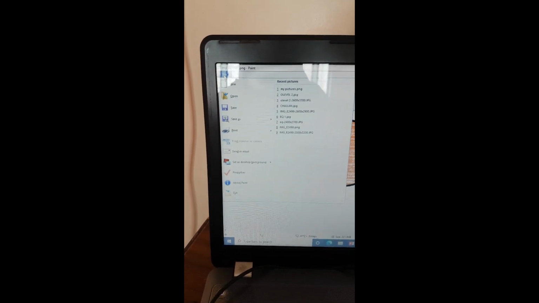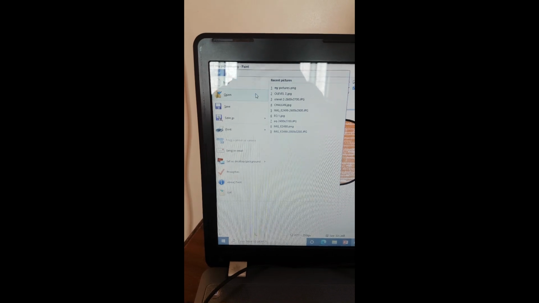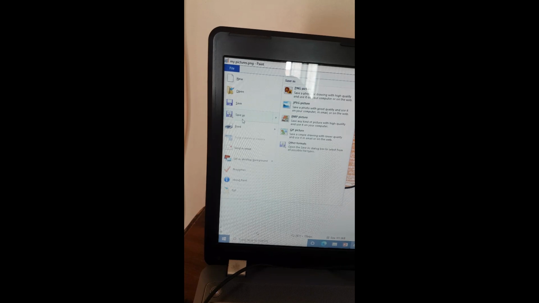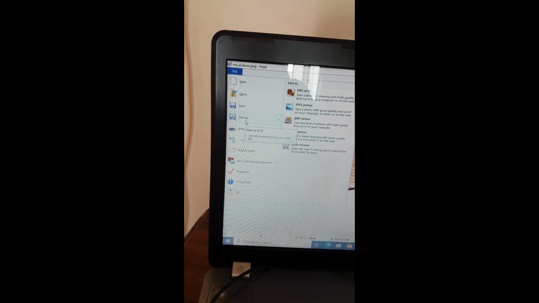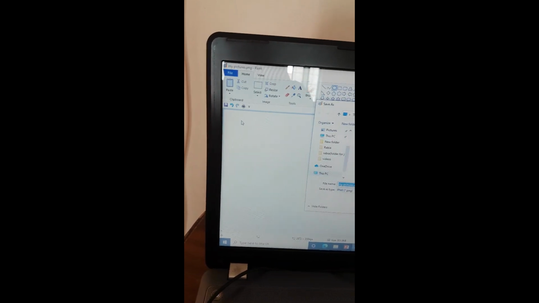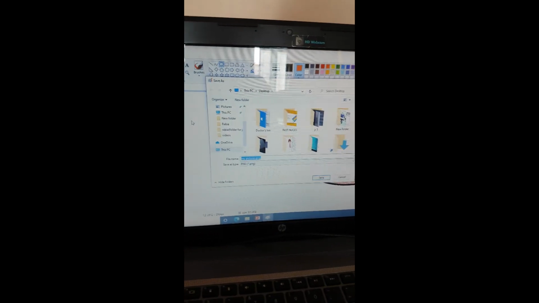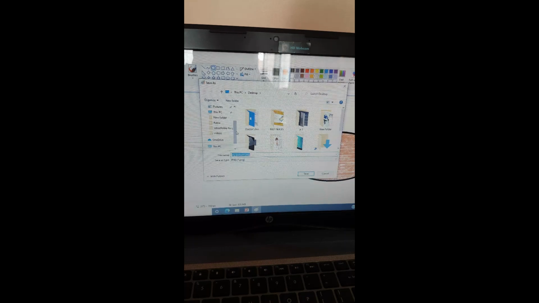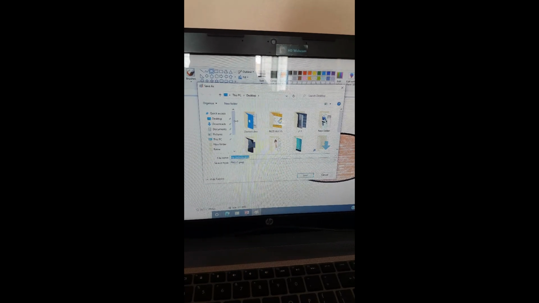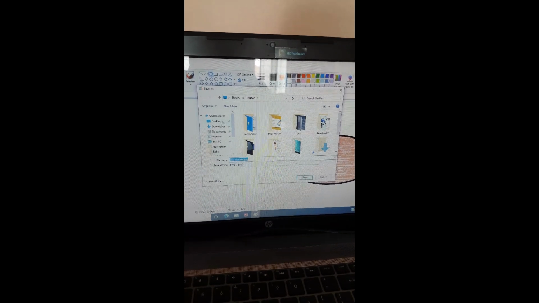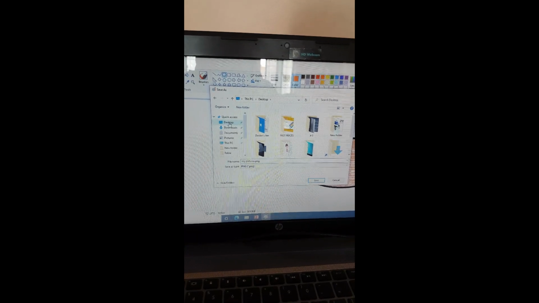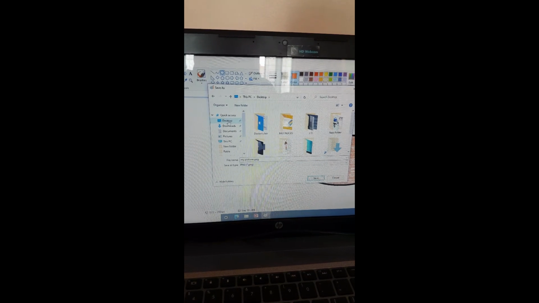When you click on this File button, this window appears on your monitor screen. Now click on Save As option. Click on Save As option. When you click on Save As option, this window appears on your monitor screen. Now you can choose the area where you want to save your picture, like desktop. Click on desktop. If you want to save your picture on desktop, click on desktop.